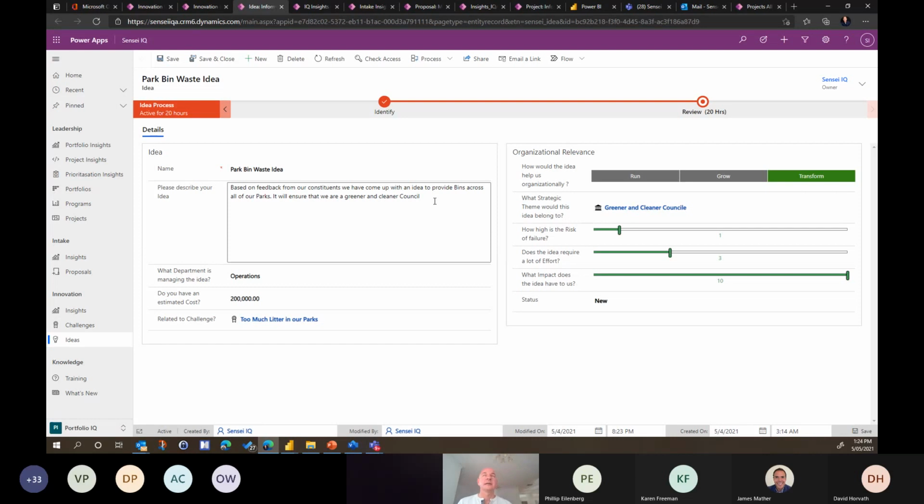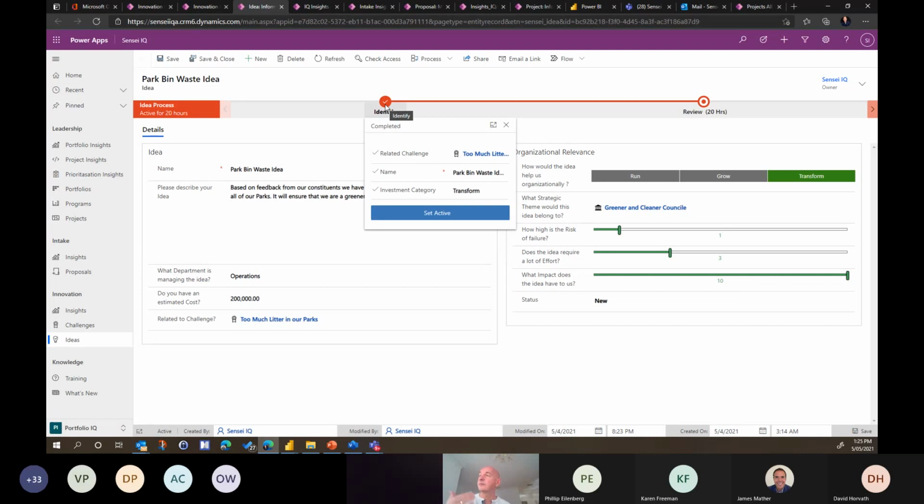And we now, as the council and as a group, can determine what that idea could mean, whether for what department it is, what the initial cost may well be, what kind of organizational relevance it has, and of course, what kind of risk, effort, and even impact this particular idea has. Now, in that instance, we've identified that ideas, and as we've seen earlier, these guiding business processes really will ensure